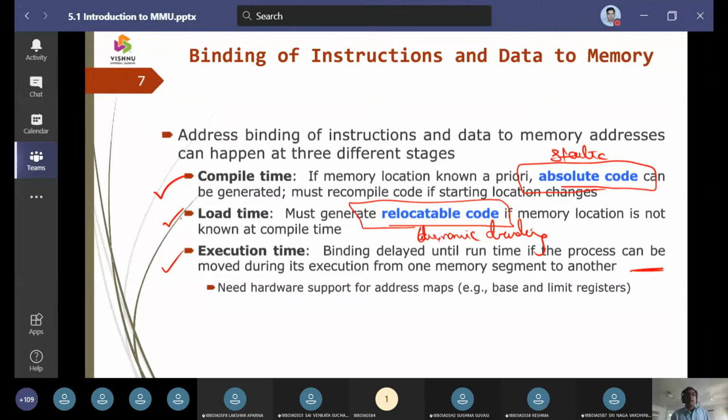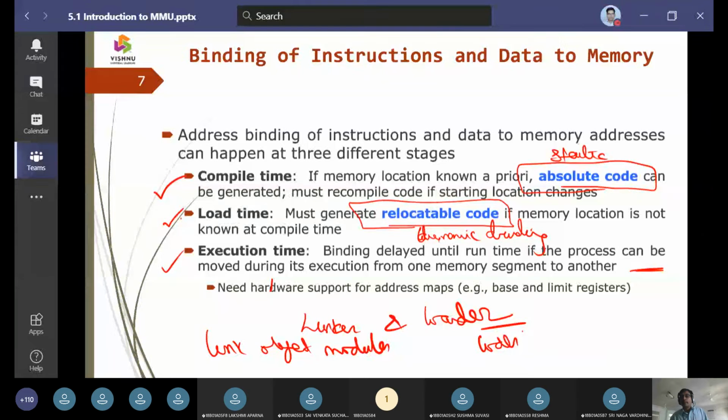For this compile time, load time, and execution time, we use a linker and we have a loader. The linker links the object modules, and the loader loads the program. It loads the libraries and sees that the program is executed.